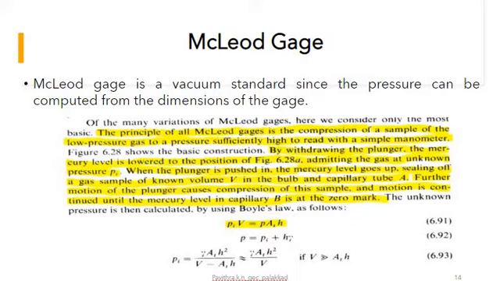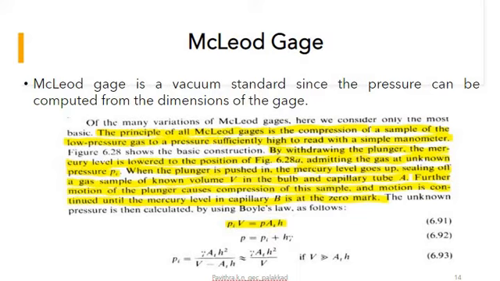And here is a spring restrained movable vane whose temperature is TV. This frame-like structure has the spring attached; it is a spring restrained movable vane, whereas these two are fixed plates and this one is a movable plate. This movable vane has a temperature TV, which also must be known. The spacing between the fixed plates and the movable plate must be less than the mean free path of the gas whose pressure is being measured.